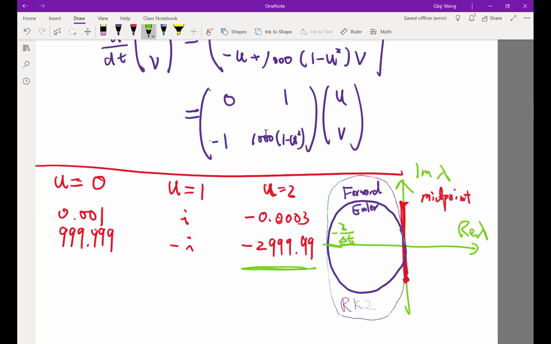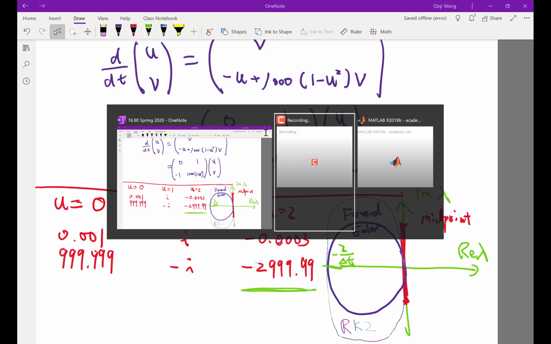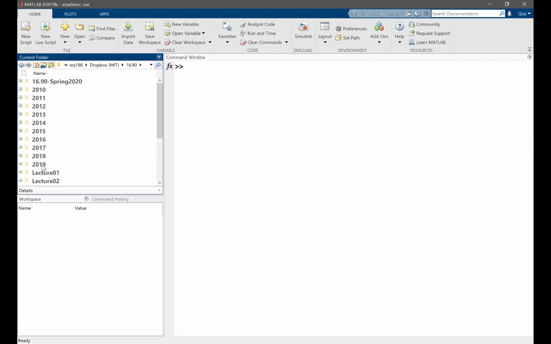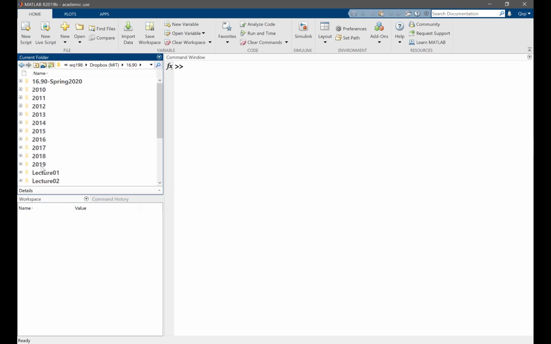Implementing the same scheme for more complex equations like this, or even for something orders of magnitude more complex, is almost exactly the same. I mean, nothing really needs to change. Let me just show you by actually copying some of the code we had previously. Okay, let's just copy our arcade scheme